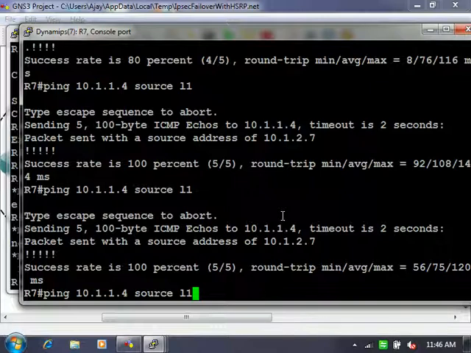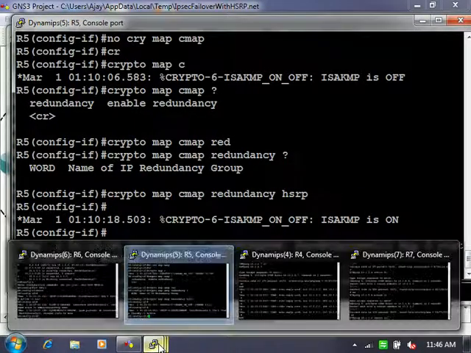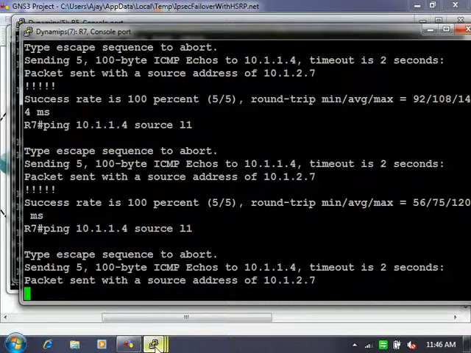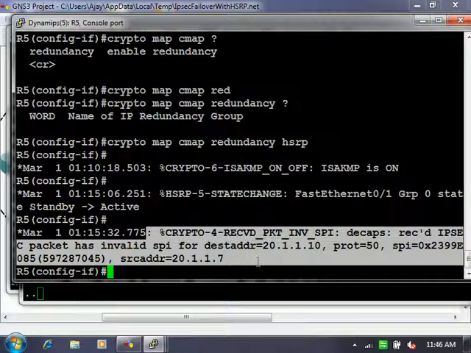If you open R5, you will come to know that someone is sending a cryptographic message which I cannot understand. Who is saying this? R5. The reason is very simple: you don't have any tunnel established.